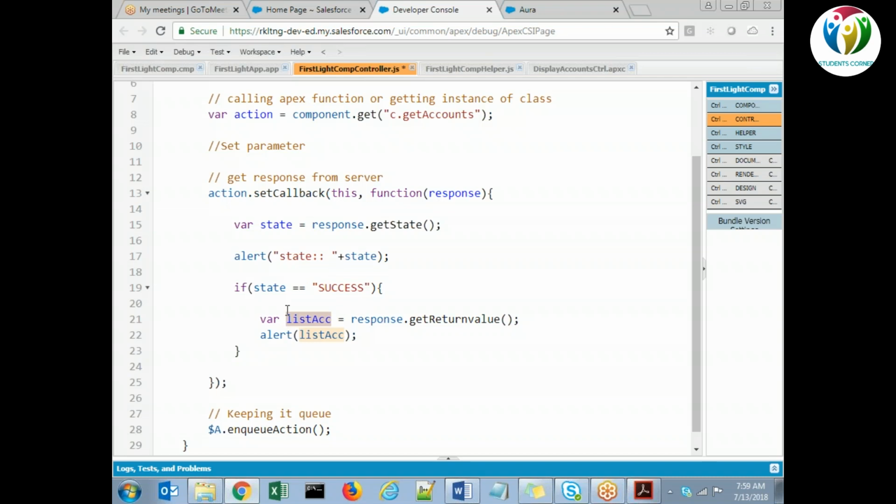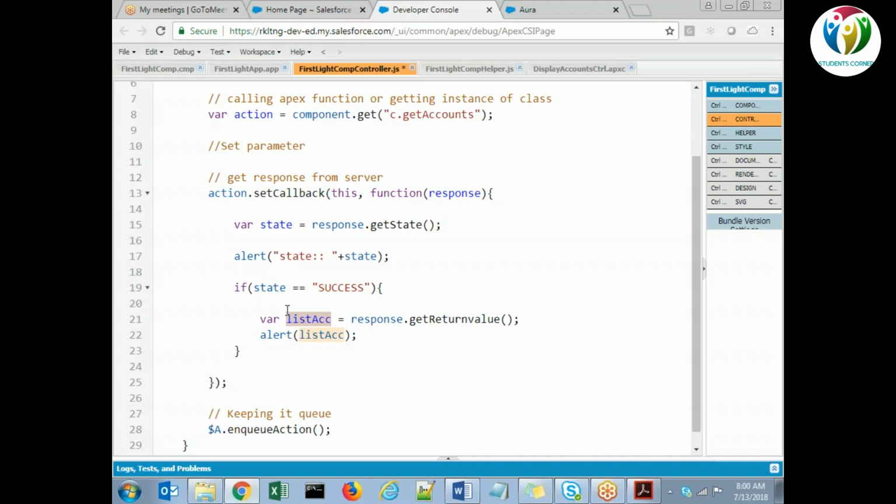For example, let's say you have contacts belonging to these accounts, or let's say you got 5 accounts. Now you also want to access the contacts of these related accounts. So here only you will be calling another function, another apex class method, which will be returning a response.